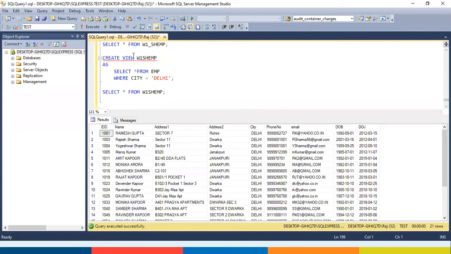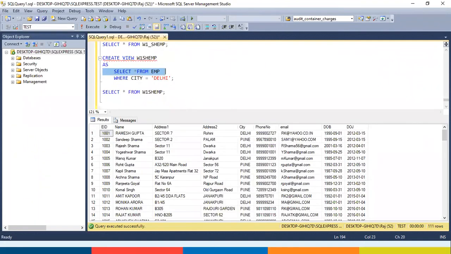First of all, I have a table, and I have created a view on the basis of that table for the Delhi employees. Now I will insert a record into the table.